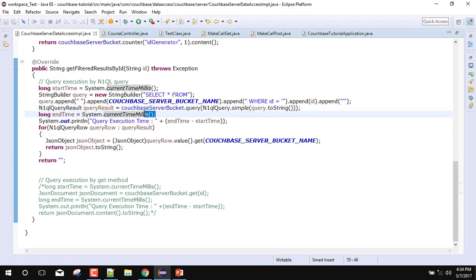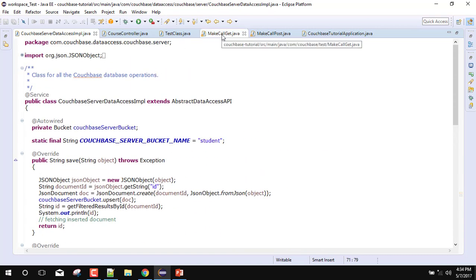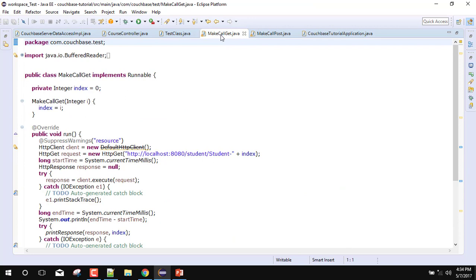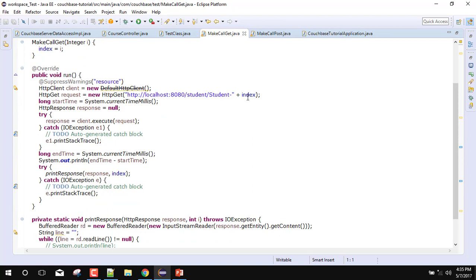We will note this time with the help of System.currentTimeMillis. We will take the start time and end time, and then we will print the query execution time. So just run our application for the 1000 threads, and we will fetch with the help of this N1QL query. So let's go to the make call get class, and here you can see that I have just called student, which is our URL, and this student is the ID.